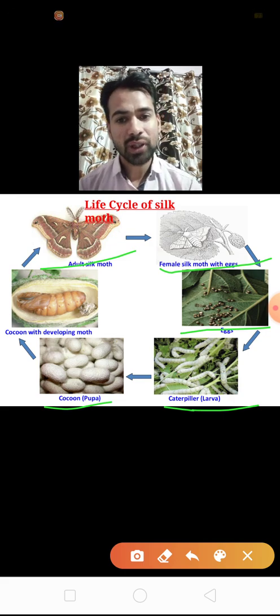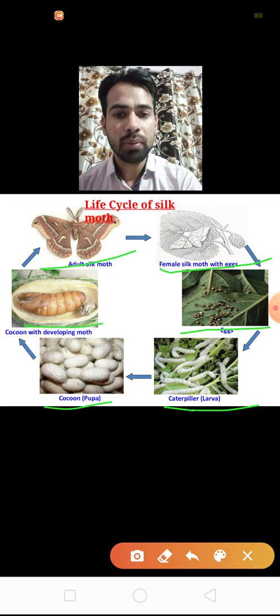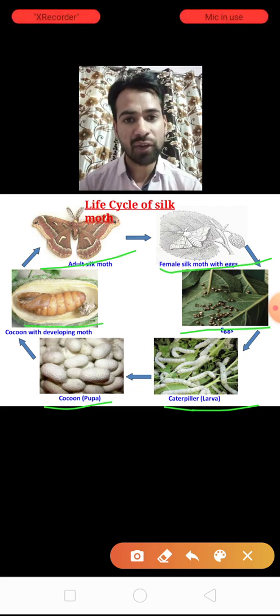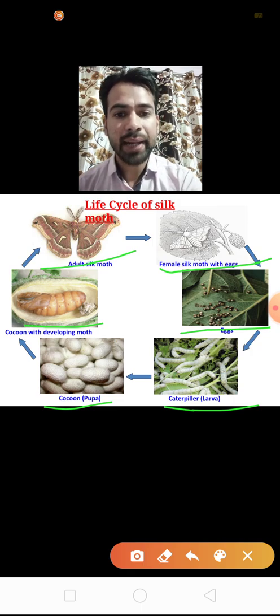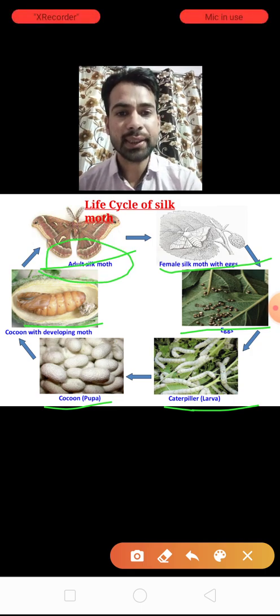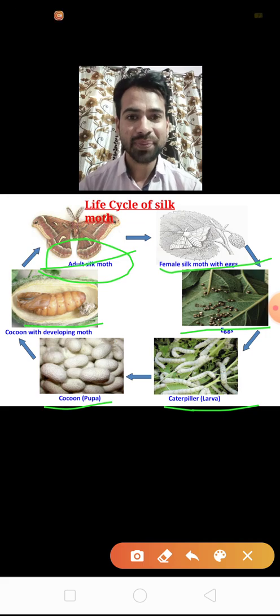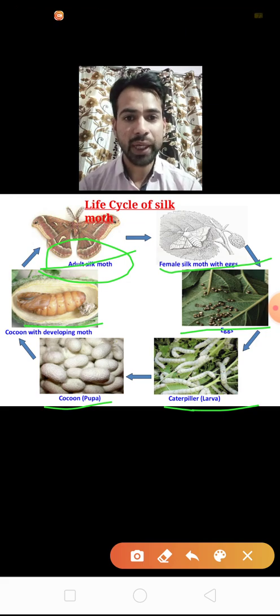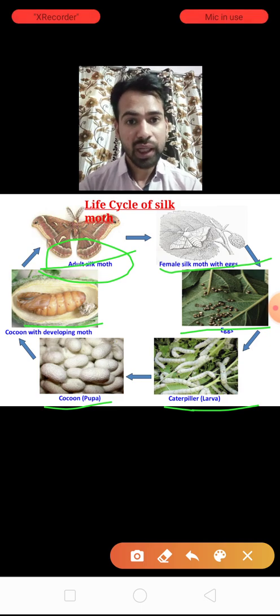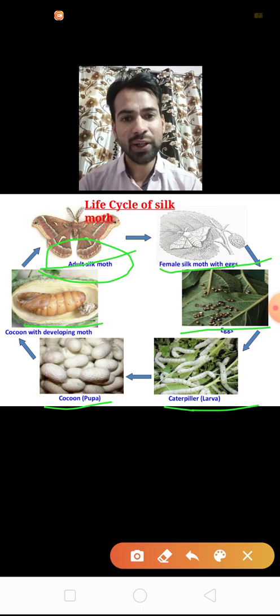Then the cocoon develops into the moth, that is the developing moth, and from the developing moth the adult silk moth is formed. So the final project looks like this on your drawing sheet. These pictures you can collect, but if you are unable to collect them, you can draw them.